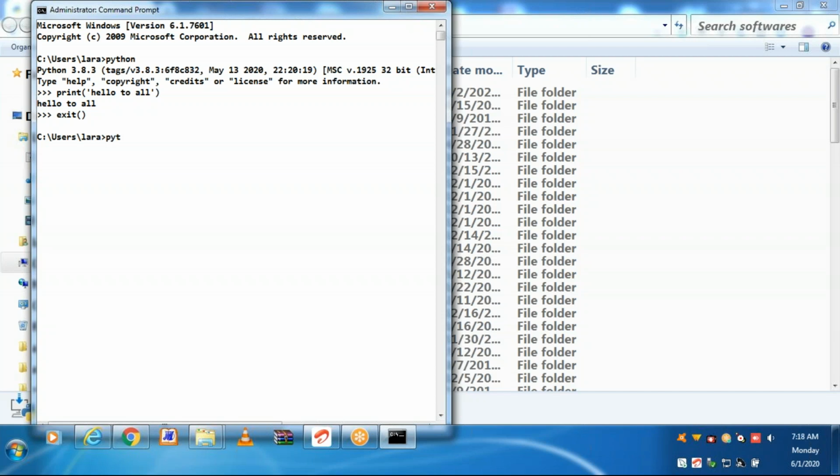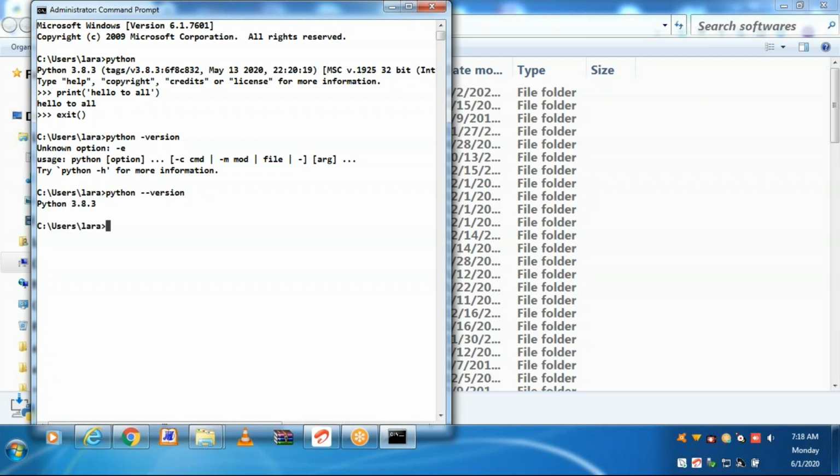Let us see the version of Python. Python space hyphen hyphen version. Python command.